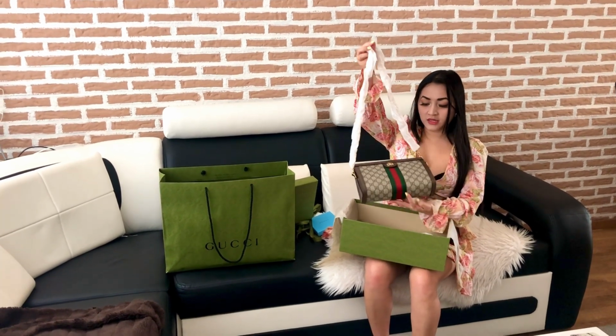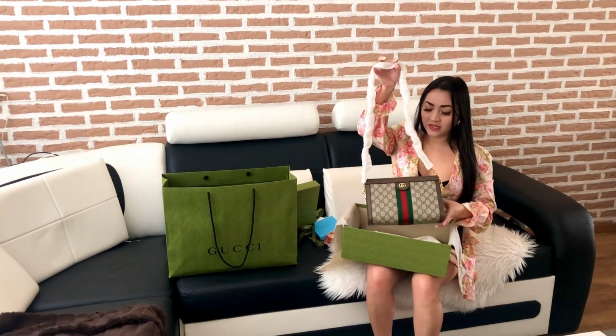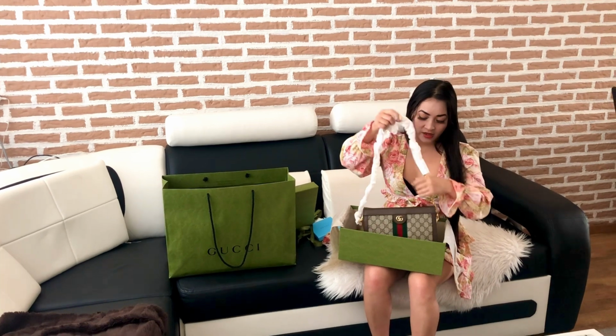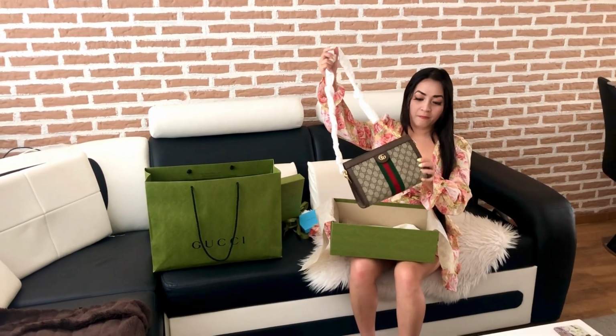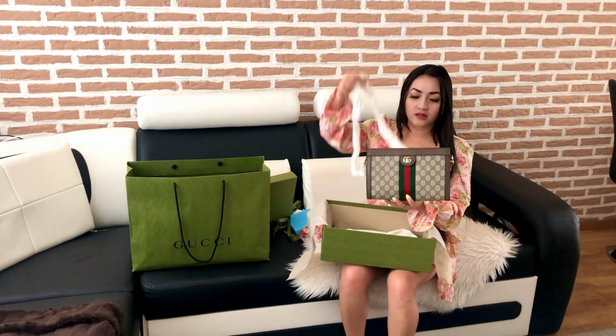And yeah, that's that. I think there's another color for this, the white one, but for me, white is just not my thing. It can easily be broken, so I can't. So yeah, that's my bag, and I really love everything about this bag, the size, the style, and also if you're going to open,